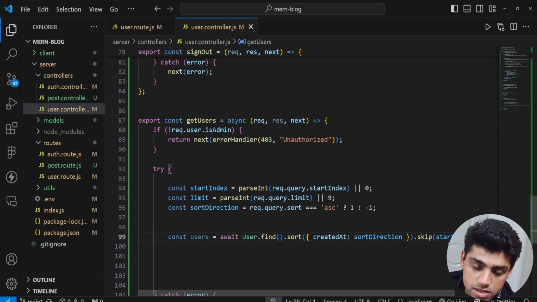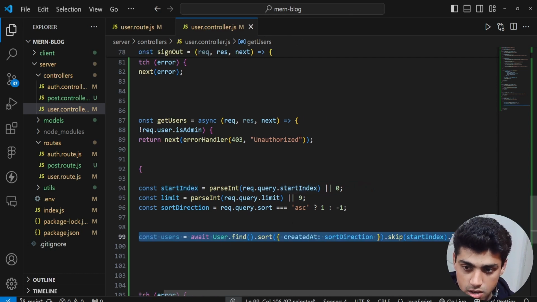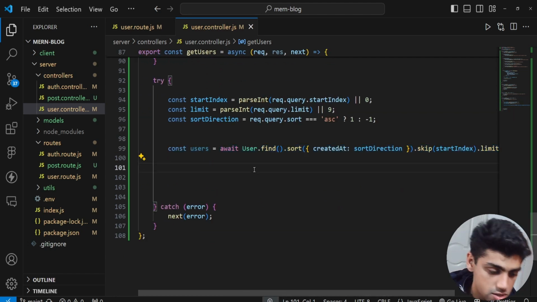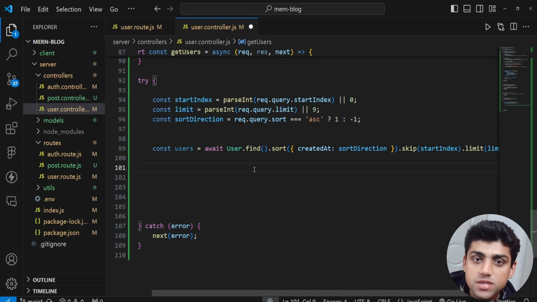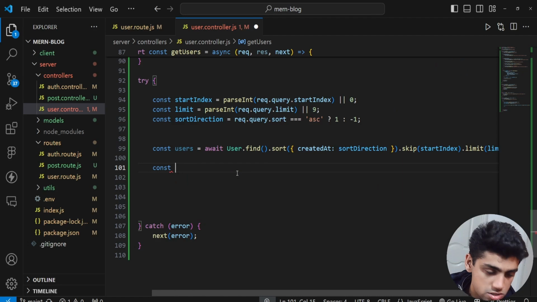So now you could see basically start index is 0, so it's going to start from the first. And when you give it some other start index, it will start from there onwards. So right now you can see users, and then we have a limit of 10 or whatever, 9. So our users are going to be returned from here. Now the problem is that the users also have a password, stored in the database in hashed format. We don't want that in the result, so we can remove that using const usersWithoutPassword, okay, is equal to